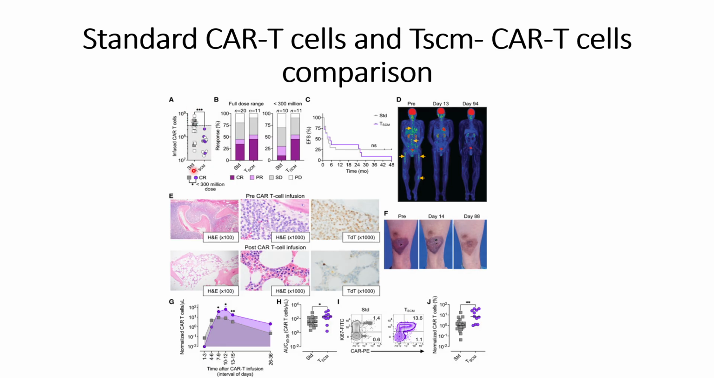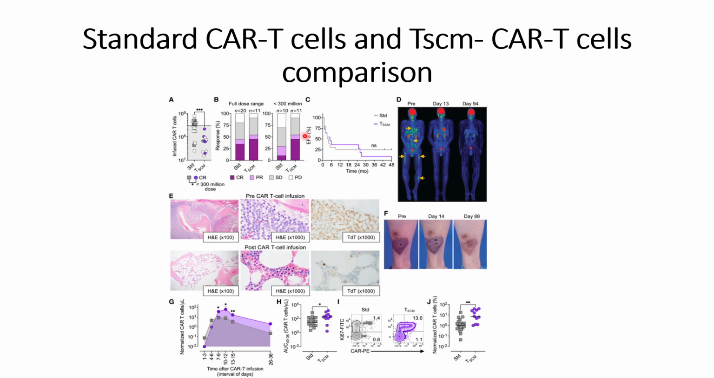So based on these values of CAR-T cells, they were able to see that the T stem cells based CAR-T cells give a higher complete response, around 55%, compared to the standard CAR-T cells based complete response, which is around 45%. And when they used a similar dosage, slightly less than 300 million, this difference significantly increases. The stem cells T cells based CAR-T cells give a further complete response compared to the standard